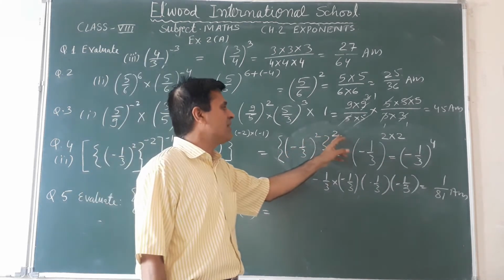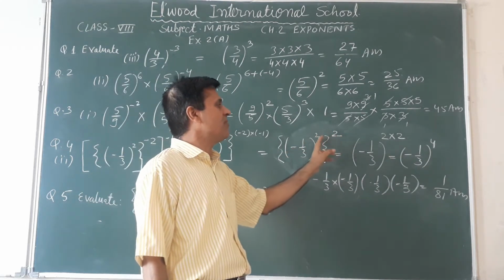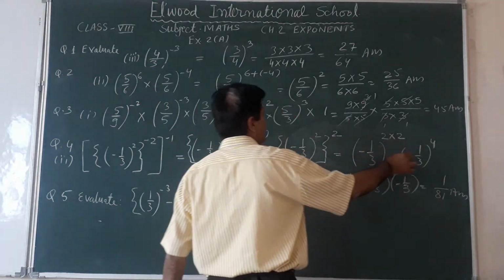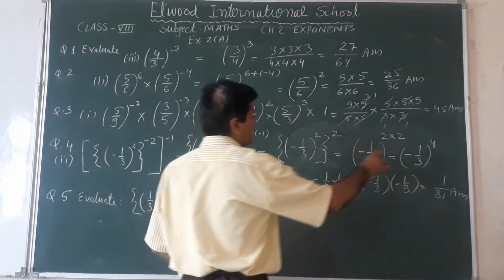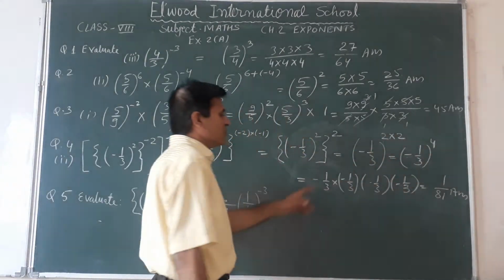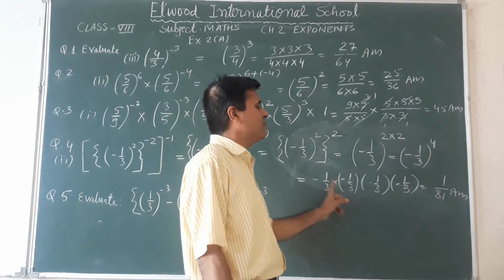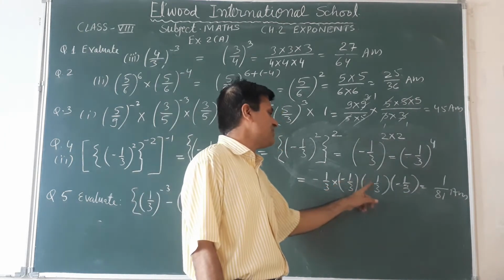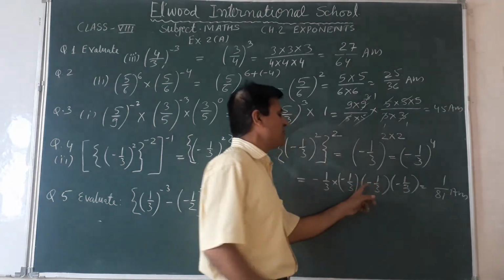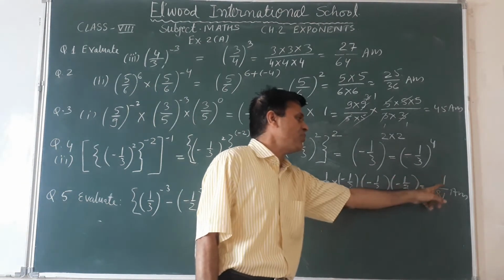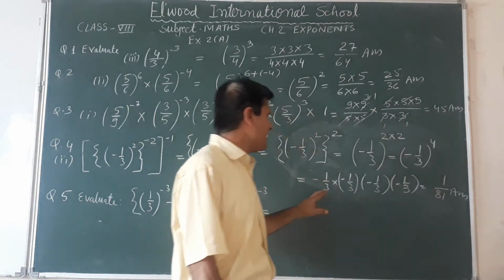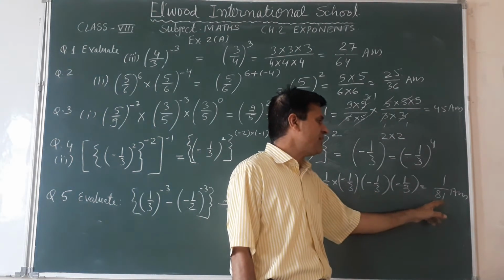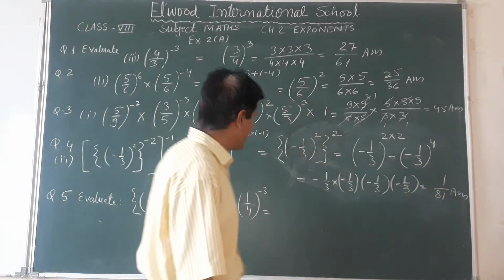Again we will apply the third law, so powers will be multiplied, 2 into 2 is 4, so we get (minus 1/3) raised to power 4. So I will write minus 1/3 four times and multiply: minus into minus plus, plus into minus minus, and minus into minus again plus. So the numerator is plus 1 and the denominator is 3 3s are 9, 9 3s are 27, 27 3s are 81. So the answer is 1/81.